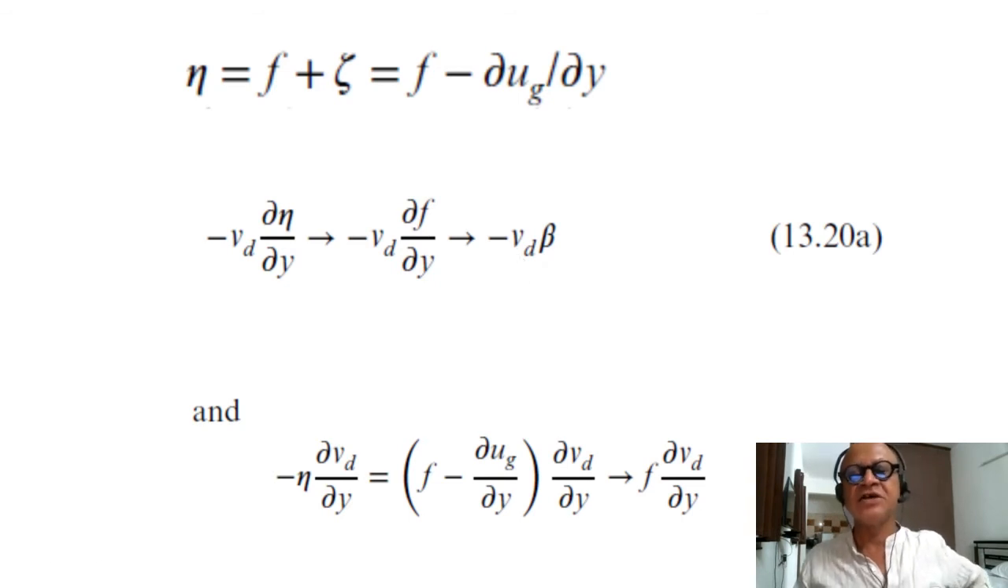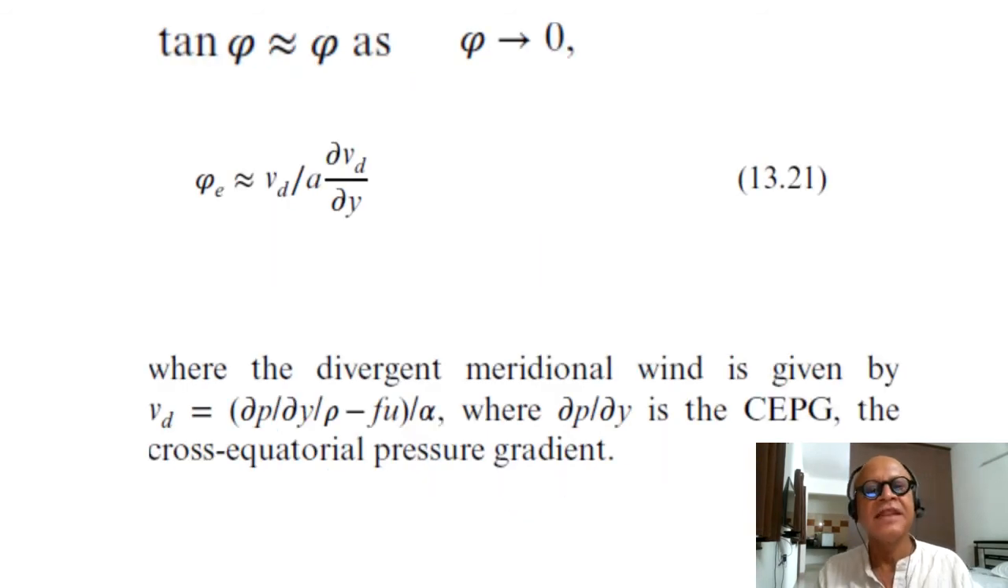You can think of that as the advection of the planetary vorticity, if you will, because the relative vorticity is much smaller. The vortex tube stretching term can be written as, going back to the equation that governed v, f minus du_g/dy times dv_d/dy, so eta is this term again. That goes to f times dv_d/dy, because where the ITCZ is located, the shear is going to be 0, right? So then remembering that tan phi is nearly equal to phi as phi goes close to 0, the latitude of the ITCZ is basically approximately equal to the divergent v_d divided by a dv_d/dy,